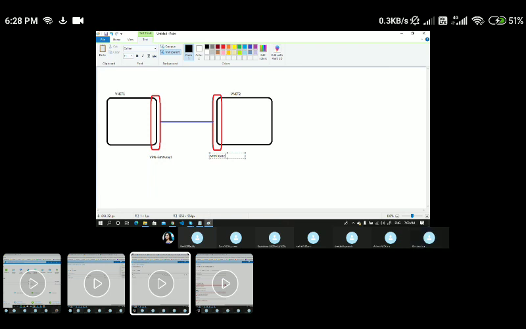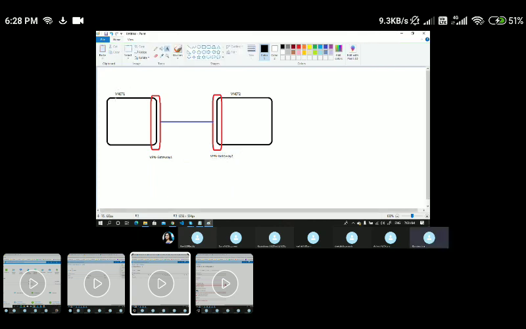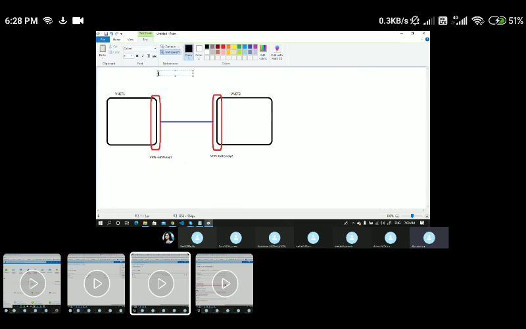So I'm creating a VNet 1 and VNet 2. These VNets could be in the same region or a different region or a different subscription. It could be anything. On a high level, what I'm configuring is a VNet to VNet VPN configuration.